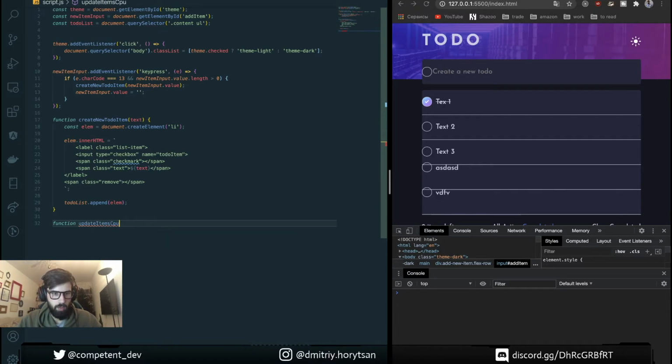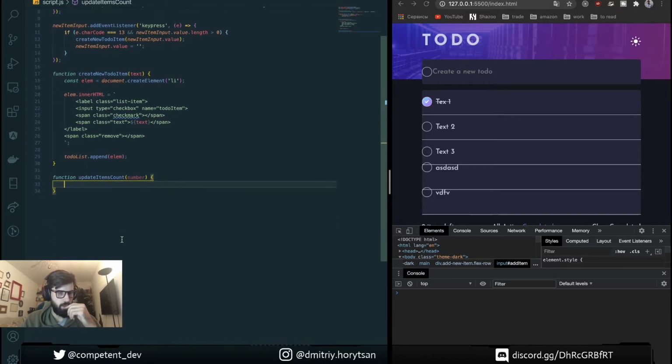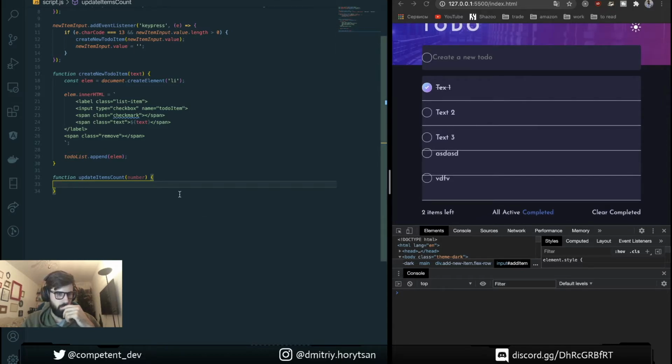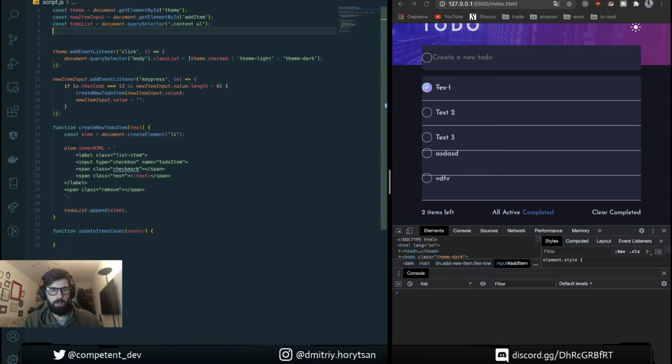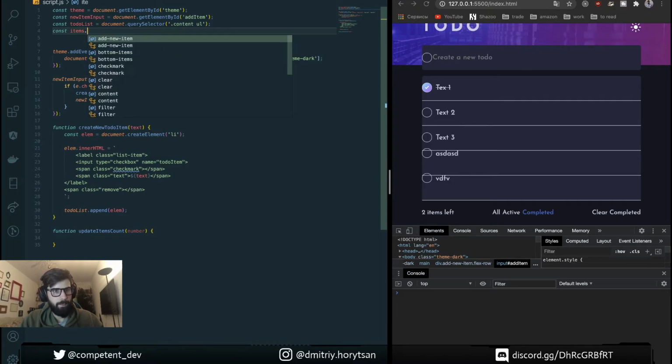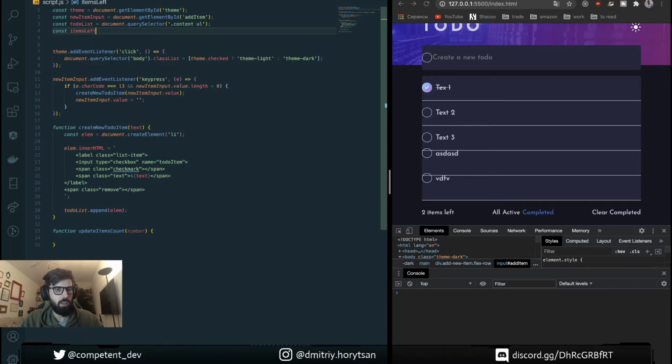And we're gonna create another function to update items count. And it's gonna take a number by which we're gonna increase or decrease the count here. So let's define a variable here, items left.